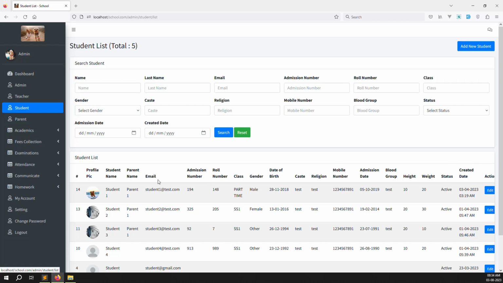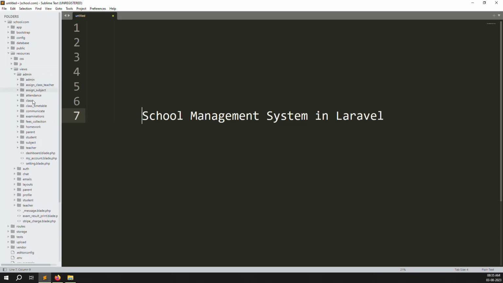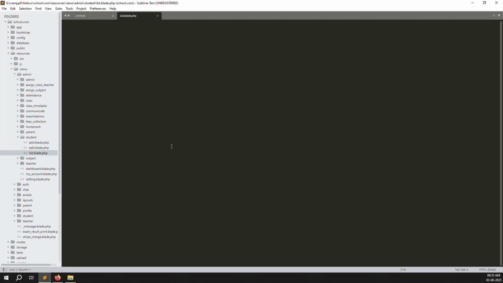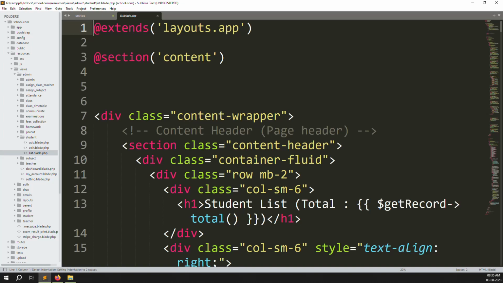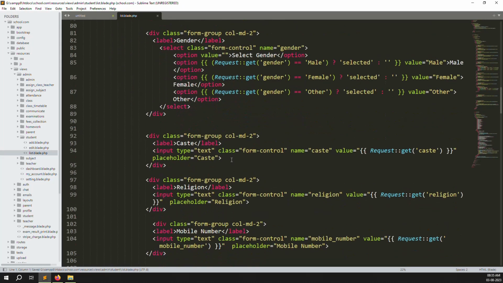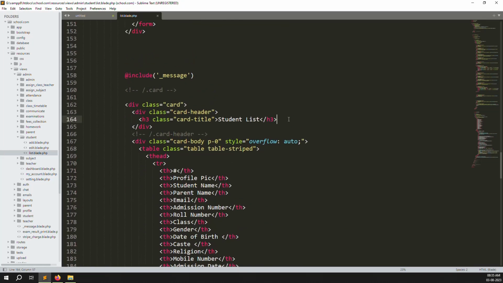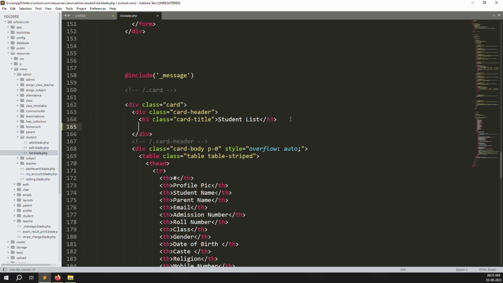So let's start now and I will show you how to make it. Go to resources, then views, then admin, and inside you will see the student folder, and inside it the list.blade.php. Once you click on list.blade.php, the file opens. Then go down and we need to start a form, same thing we did in the last video, but I will explain it properly here because this is the student. Last time I showed you the attendance form, with action and method,